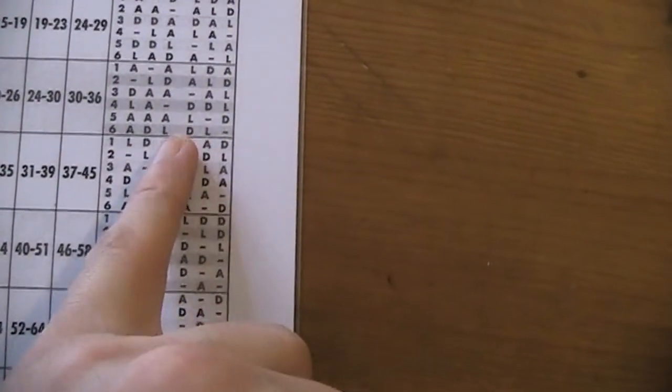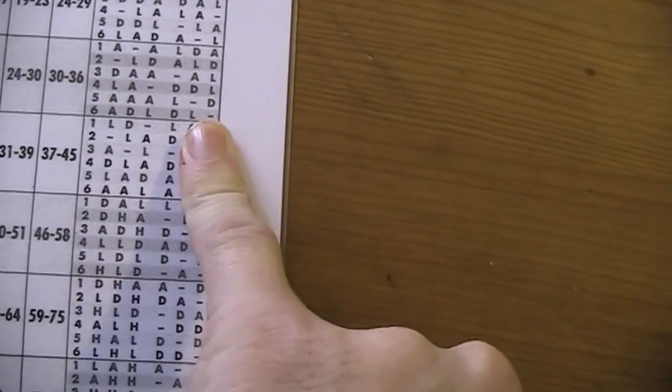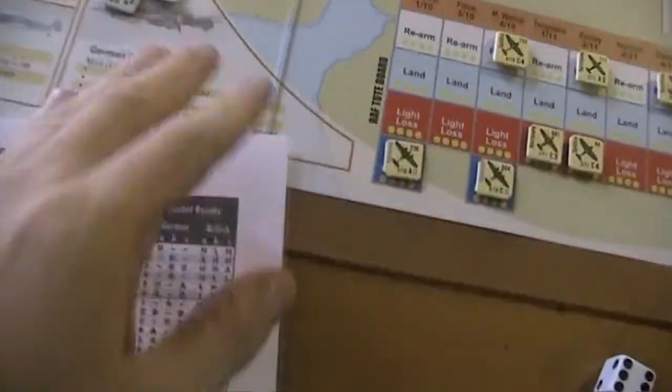And I got DL and no effect. So now it's actually pretty awesome because of the radio confusion. My B fighter went away, so now there is no light damage to him. So I was really lucky here. It saved his life probably. Okay, so